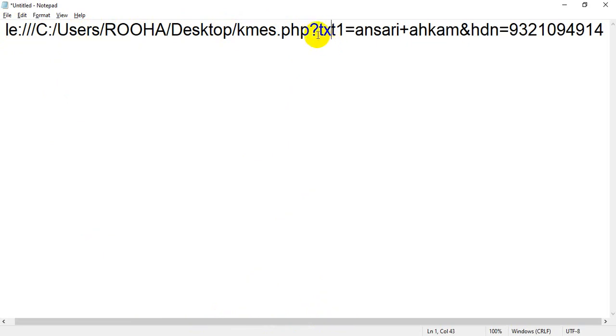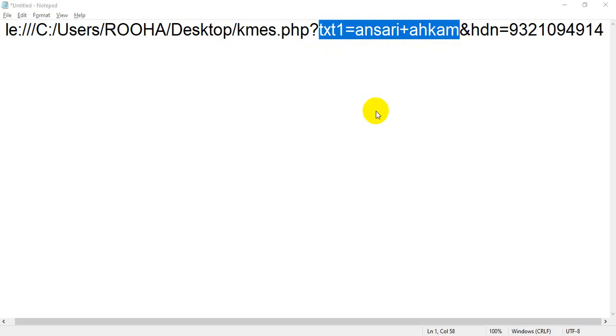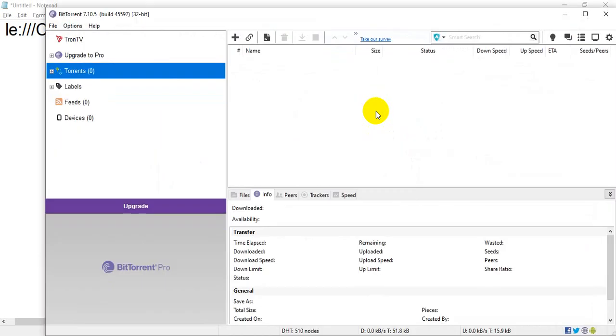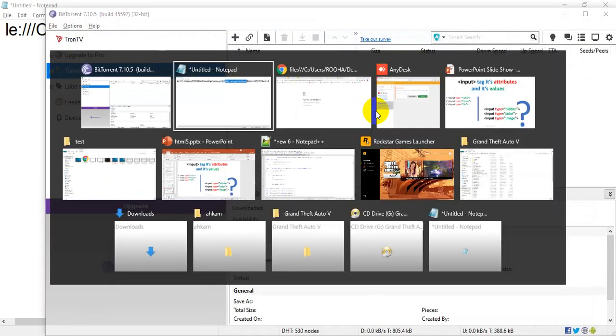Okay, so what is the txt1? See, txt1 equal to Ansari plus Ahkam. What is the txt1? txt1 is nothing but our code, our first text box whose name is txt1.